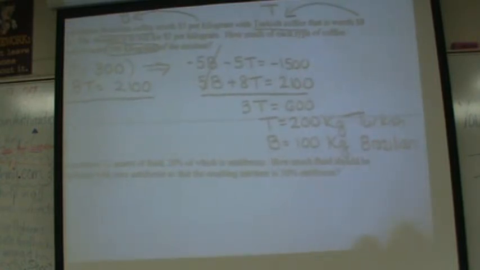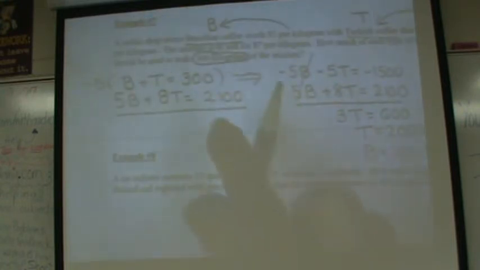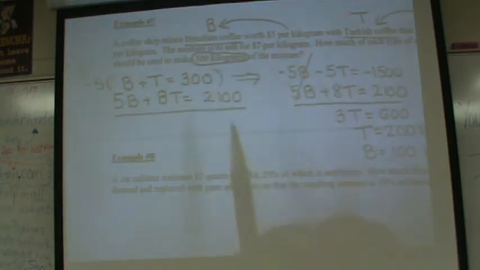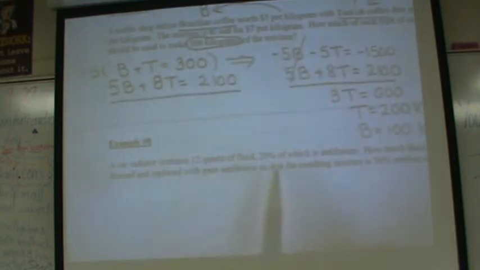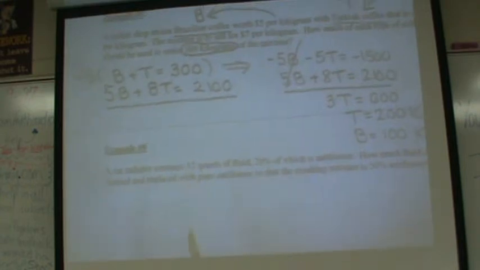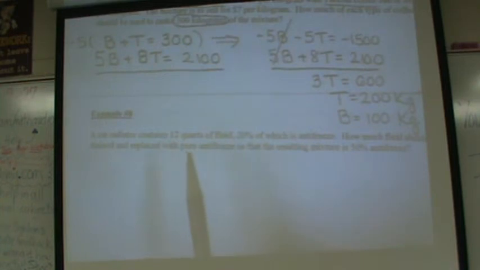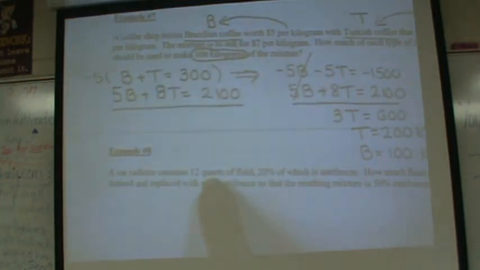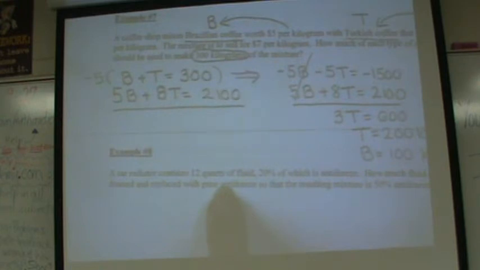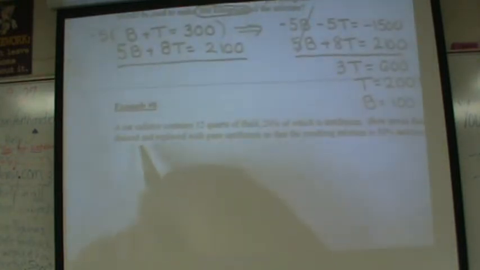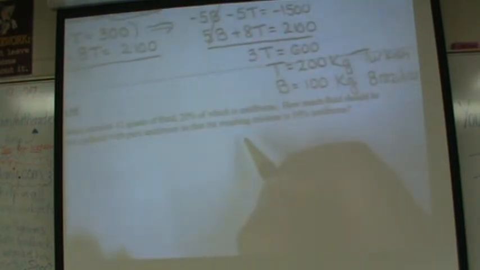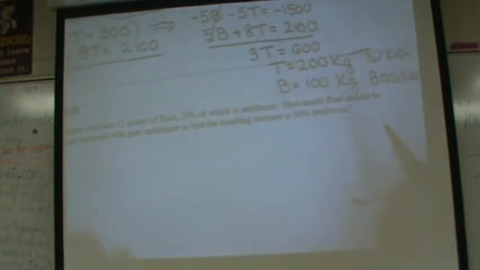Now, if you want to see a pattern in some of these, this would be a good model to use. Look at example 8. It's a lot like this. Instead of Brazilian coffee and Turkish coffee, we have two types of fluid. Okay, let's read this one. We've got a car radiator that has 12 quarts of fluid. See how this one has 300 kilograms? The number of units here is 12 quarts. The 300 and the 12 are the same thing that you're comparing. So we've got two quantities. One is a 20% solution and the other one is a